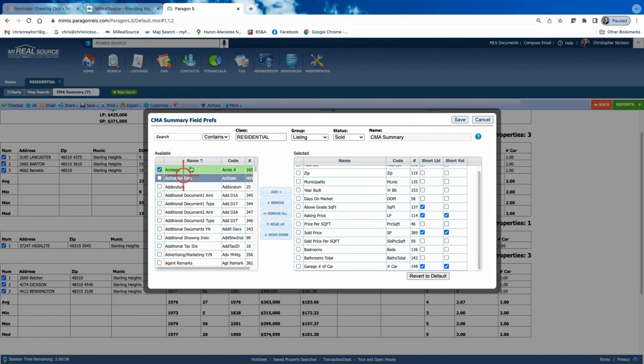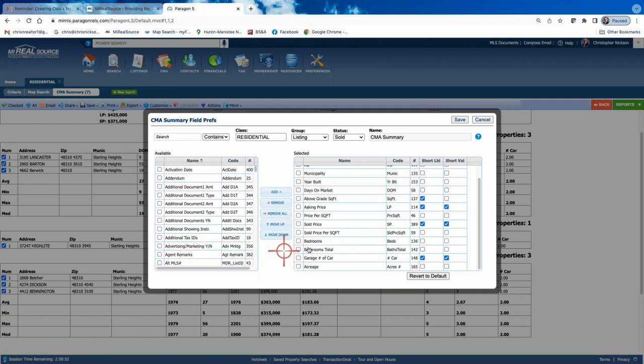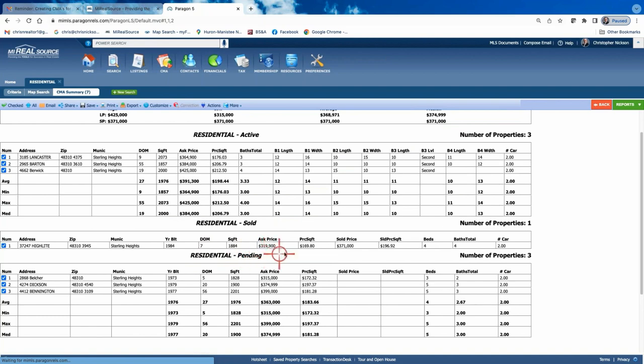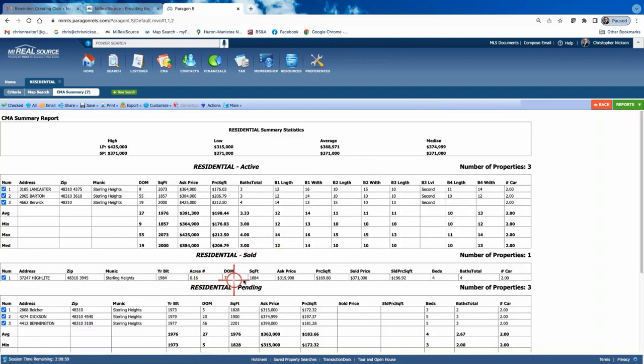Once you select it, if you double click here, it'll add it automatically, or you can select the add tab. So I'll double click it. It already moved it over here. I want acreage up a little higher right after year built. So I'm going to leave it right there. After year built, select save. Now you'll see the acreage will appear right here in my chart